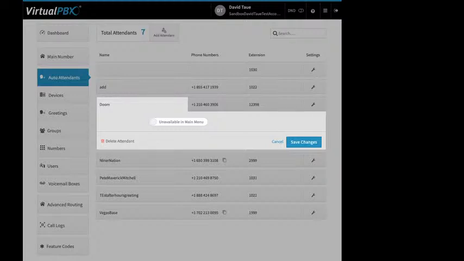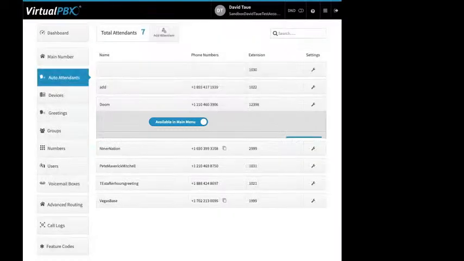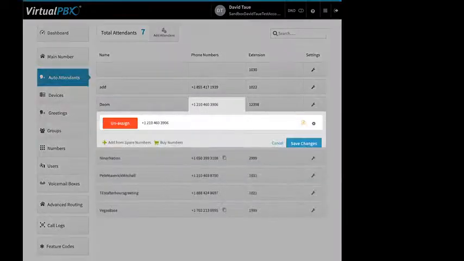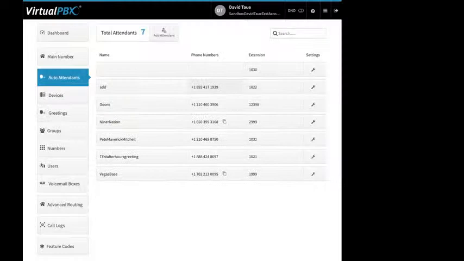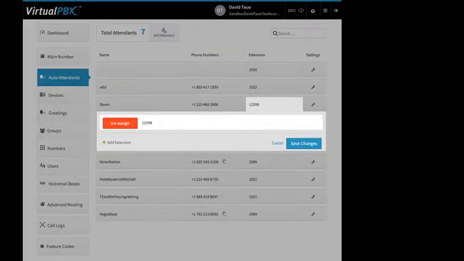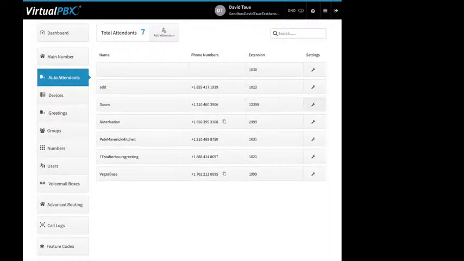You have this option here, the unavailable in main menu. This means it's a standalone attendant, right? So this likely is its own company. It has its own main greeting. But if I click on that, then I put it as available in main menu. So now it can be a submenu option as well. Here, you can assign phone numbers to a particular attendant. You can add from spare or buy new numbers. Extension, you can add more extension numbers, unassign an extension number. And if you click on the little wrench icon under settings,